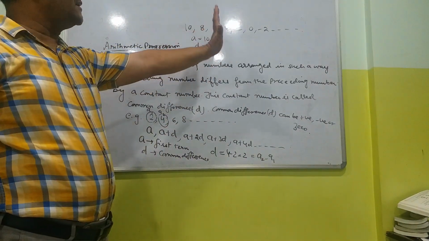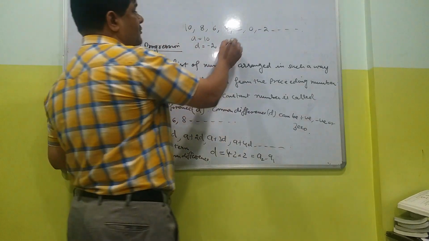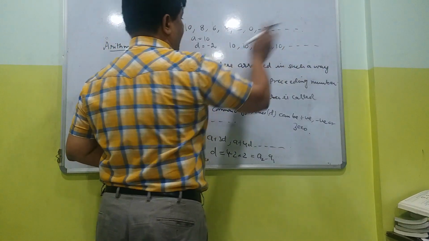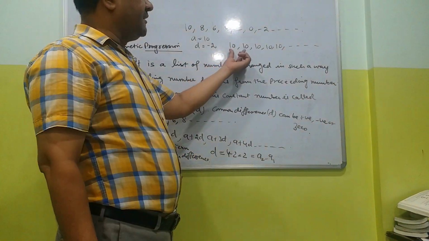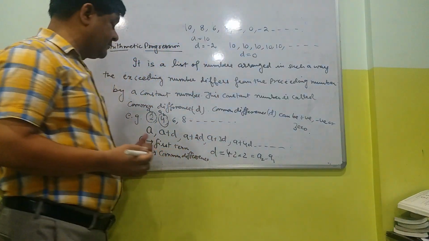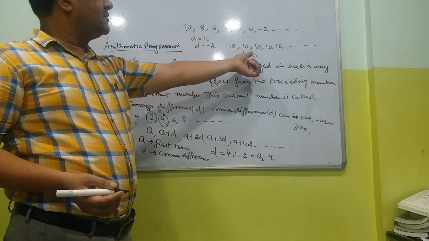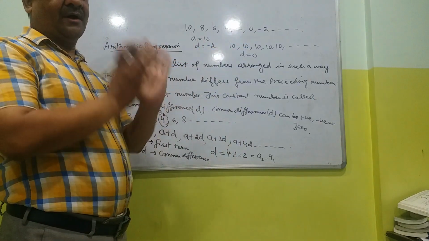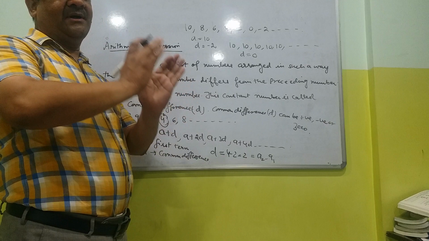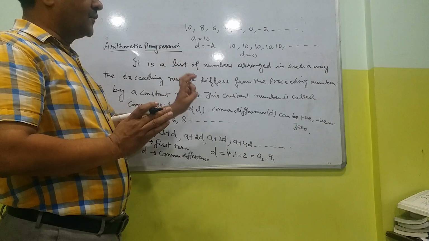So it is the negative series. तो here the value of d is negative. ऐसे भी हो सकता है कि d की वैल्यू 0 ही हो, जैसे सीरीज ऐसे हो 10, 10, 10, 10, 10. अब d तो बढ़ ही नहीं रहा, तो d यहाँ पे 0 है. So the value of common difference can be positive, here it is 2, can be negative or 0. So that list of numbers which are arranged in such a way that the exceeding member differs from a preceding member by a fixed number called common difference.